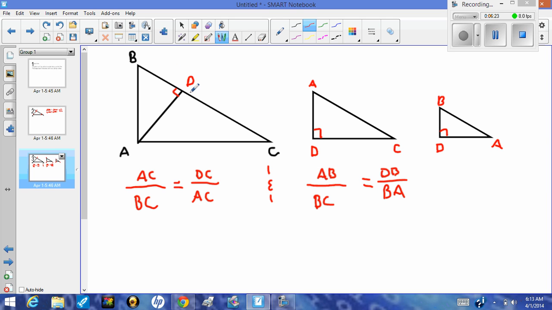So the small one would be BD, the large one would be DC, and that kind of helps us write our proportions. If we don't do that correctly, our proof is not going to work out. Our next step is to cross multiply. So AC times itself is AC times AC, or AC squared, which is equal to BC times DC